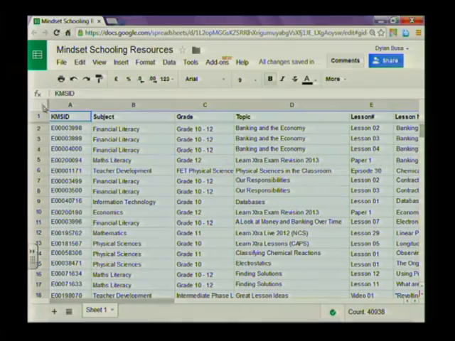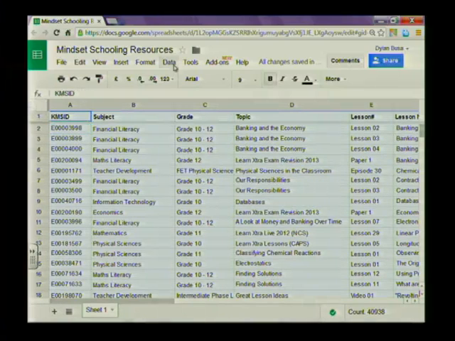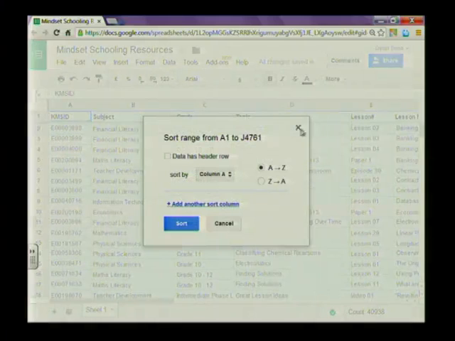To sort the data, the first thing you need to do is select all the data that you want to sort. And you'll notice that I clicked on this area of the spreadsheet over here, which is a shortcut area to selecting everything in that sheet. Then from Data, you go to Sort Range. Once you're in Sort Range, it'll tell you exactly what range you are sorting. So I'm sorting from A1 to